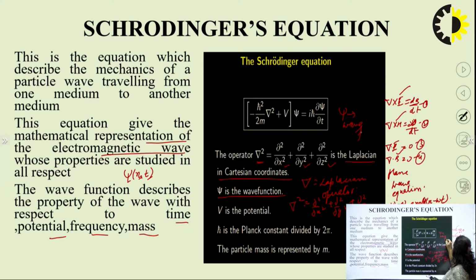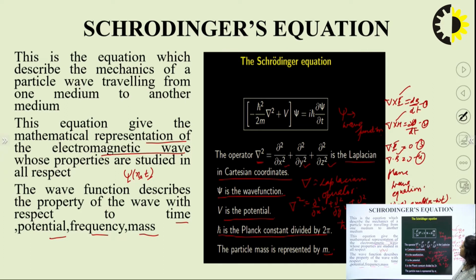Psi is the wave function, and V is the potential, and h cross, as we have already discussed, is Planck's constant h by 2 pi. The particle mass is represented by m. So small m is the mass of the particle, h cross is Planck's constant divided by 2 pi, del square is the Laplacian operator, V is the potential function, psi is the wave function, and with this